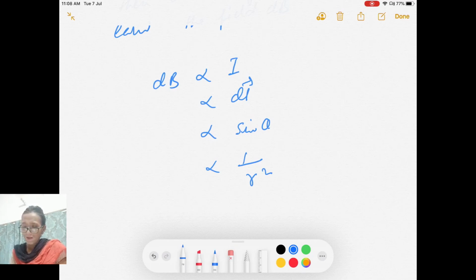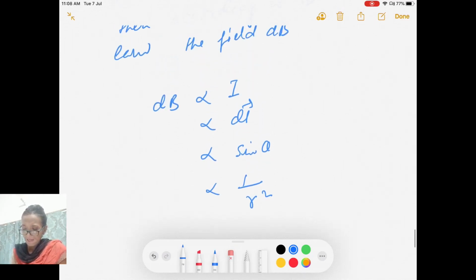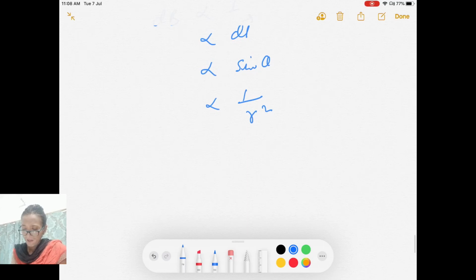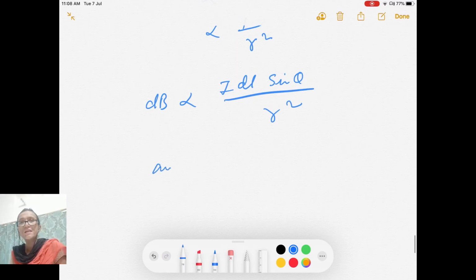Okay, this is your vector form of magnetic field. So dB is proportional to I dl sine theta upon r square, and the constant of proportionality in magnetism is